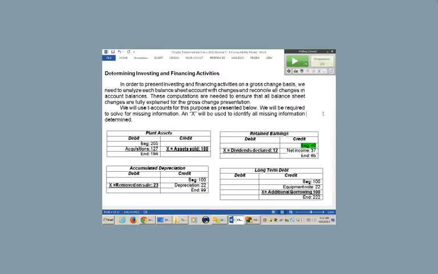Now, could you get away with the problem without doing this? Yeah, in this case, it's a simple problem. It'll work. All you need to know in this problem is that you paid 105 in cash and you got 165 in cash on the investing. But I just want you to be clear that in a lot of problems, you're going to need to scrub those accounts to make sure you know the numbers that are in there, because sometimes you have to find out the cash flow this way. So in this case, you wouldn't need it.